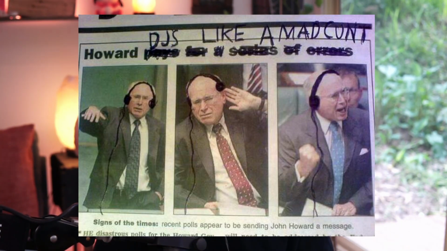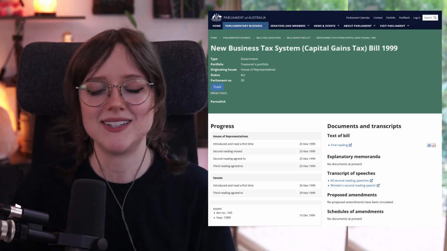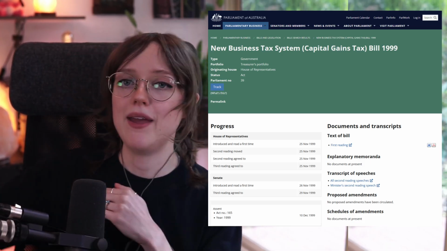But some mad DJ changed the rules in 1999 to discount the amount of tax that you have to pay by 50%. So, assuming housing is increasing in value, and I think we've established that it is, if you purchase an investment property and you scoop up all the negative gearing deductions over the course of a year or a few years, and the housing bubble is increasing and the value of your house is going up and up, after 3 years, you decide to sell your property and you sell it for $300,000 more than you bought it for, you only have to pay tax on $150,000 of that.